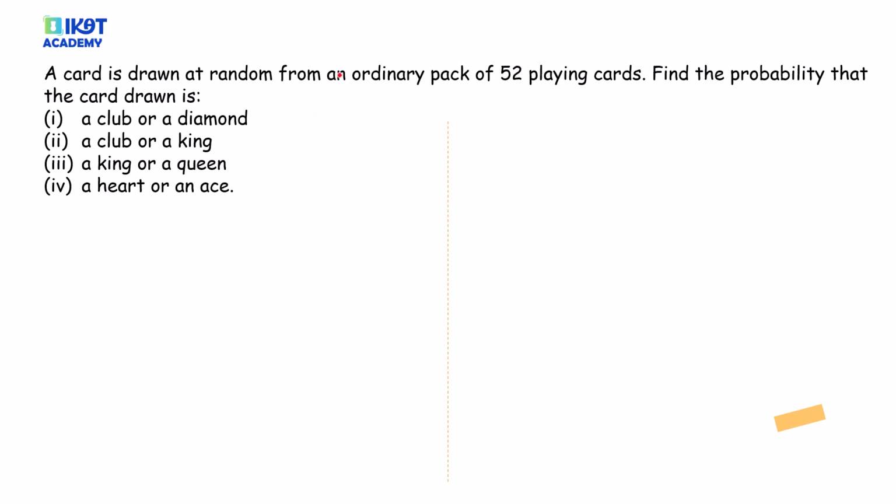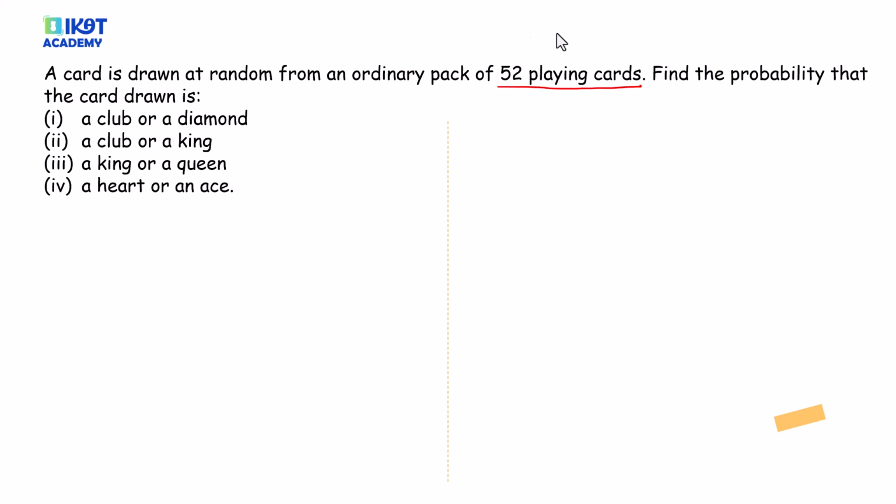I told you that if you draw successive draws, first time, second time, third time, that is now like a mixture, because at each of the events you're having mutually exclusive, but in the long run you're not having mutually exclusive because there are very many events occurring. But now in this case I'm just drawing one card from an ordinary pack of 52 playing cards, and we explained how these cards appear in the first or the second video in probability.